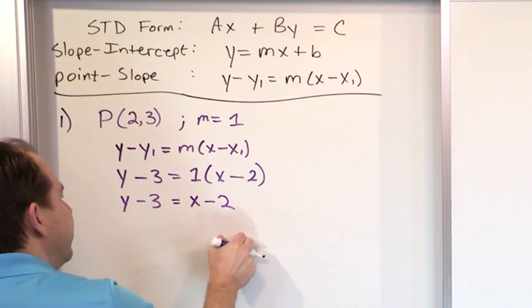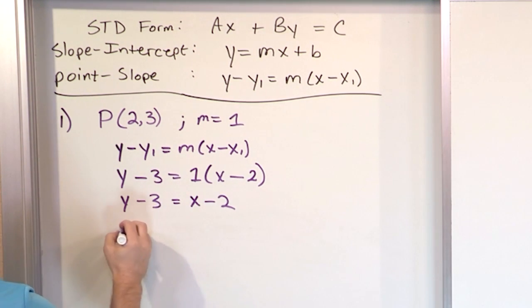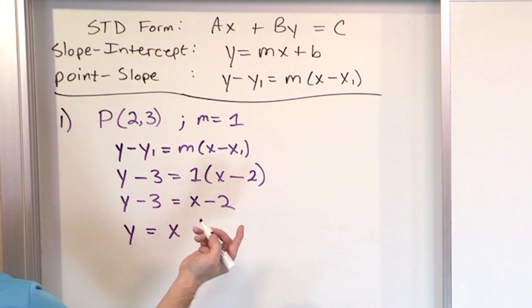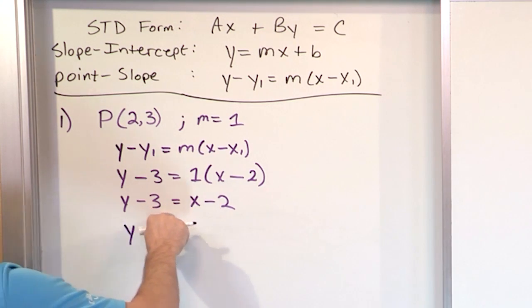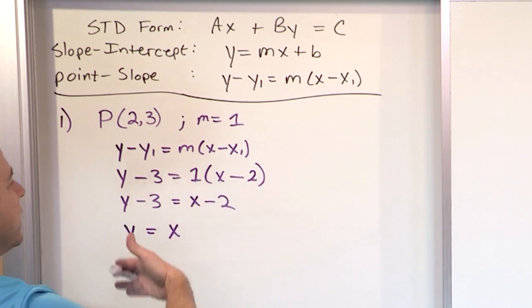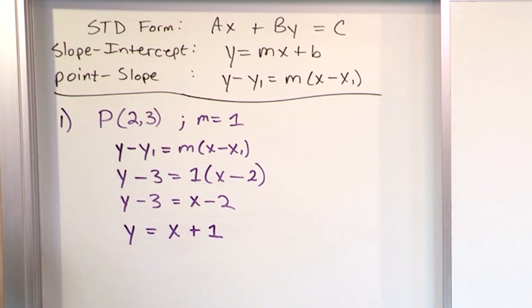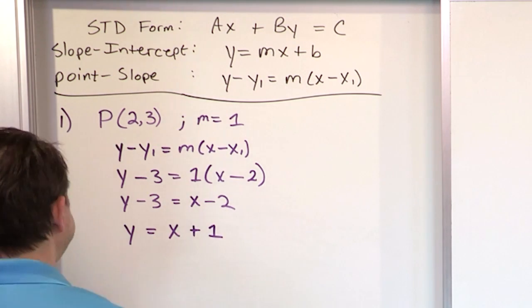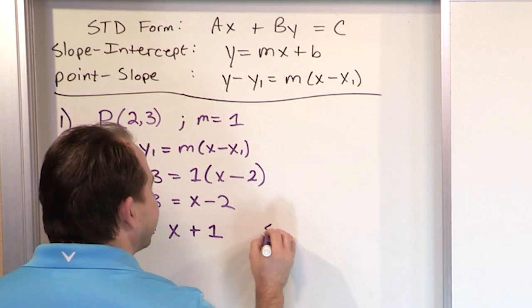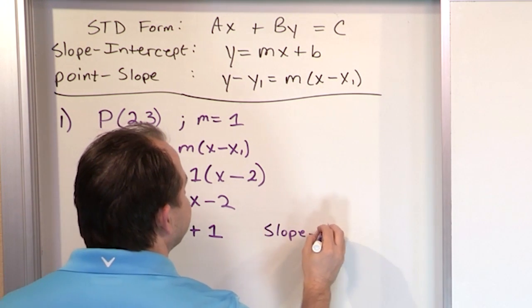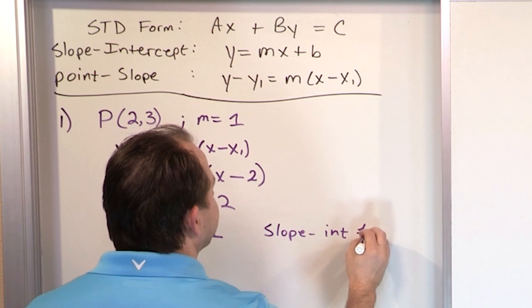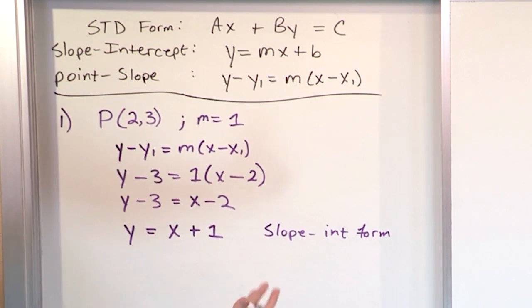And then finally, we move this over to the right-hand side by adding 3. So we'll get x. Now, what's going to happen when you have negative 2 and you add 3? So negative 2 plus 3 is going to give you a positive 1. So you're going to get y is equal to x plus 1, right? So this right here is the slope-intercept form. So you could circle this as the equation of the line that you get from this information, but